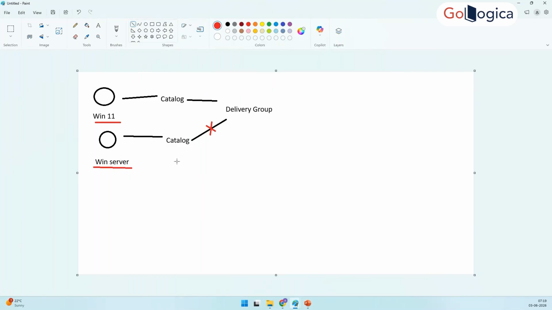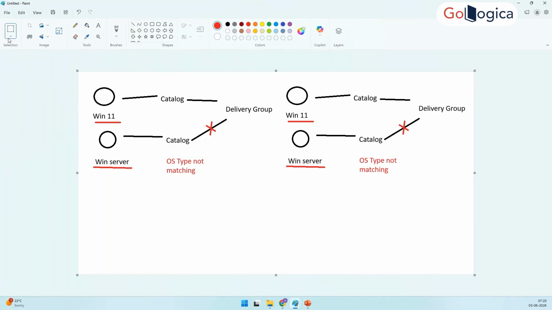The provisioning type can be random, but here the OS is not matching. The OS type is not matching. Okay. So similarly, we cannot create machines which are from different types of